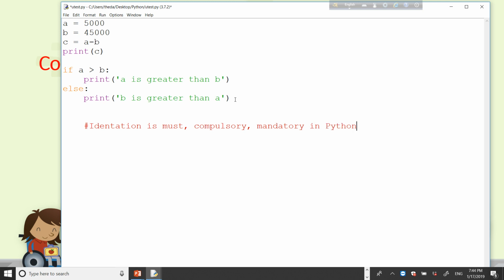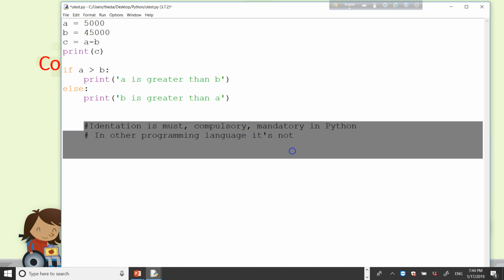Okay, you can say in other programming languages it is not. Now this line, you can just highlight it, then press control,